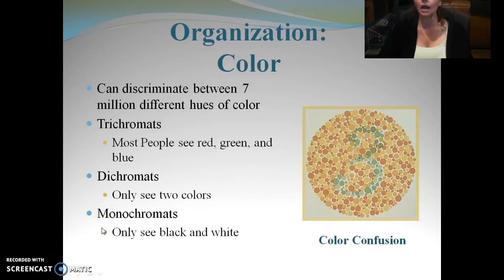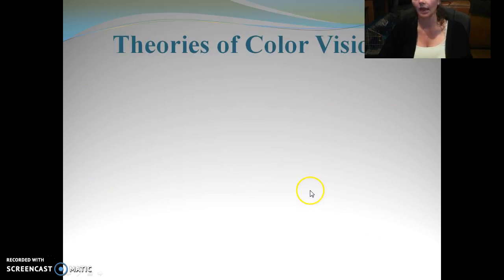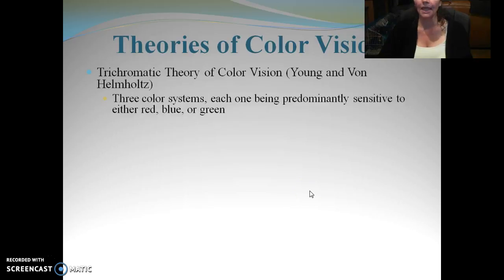And so although we talk about color blindness, it's really more like a color confusion than it is blindness, where we have a hard time differentiating between colors. So here a lot of you are seeing the threes. If you're not seeing the three, you may be a dichromat and not a trichromat. So that could be problematic for you. So trichromat suggests the theory